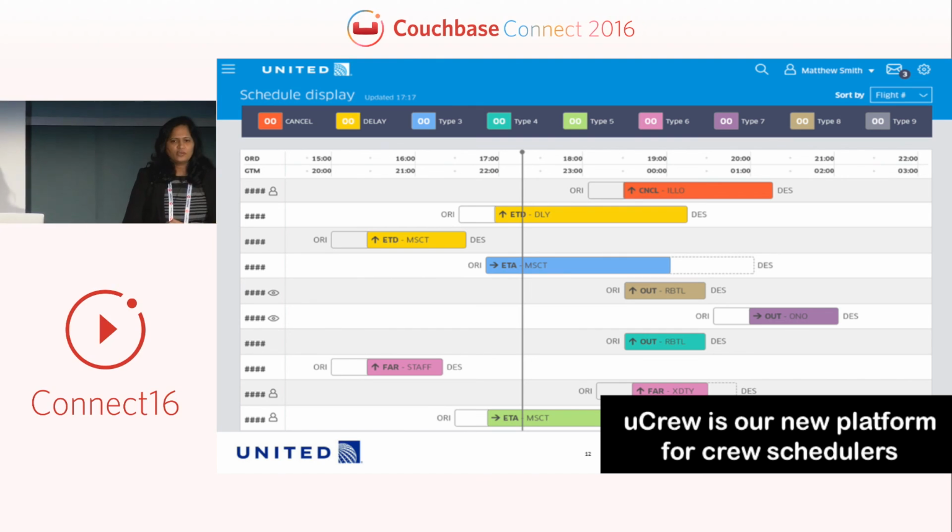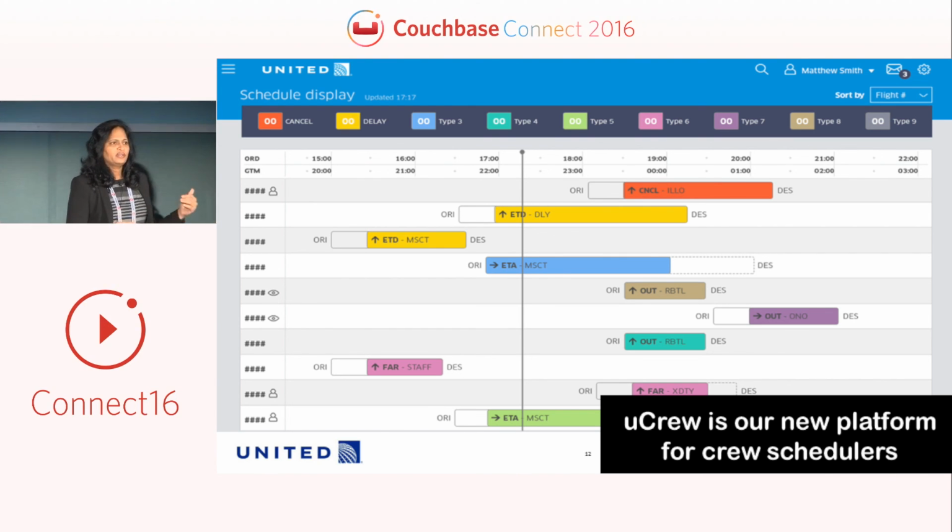So today, when the crew schedulers learn about any irregularity, they have to go look up information. Tomorrow, with this tool available, we are able to collect the information from various sources, run it through our rules engine, interpret it in the way that the crew schedulers would want to look, and bring to them what is happening around the entire network. It could be a Hong Kong Newark flight, or it could be a domestic flight that's having an issue. Any other issues that are happening around the system, the schedulers will be able to see in one source